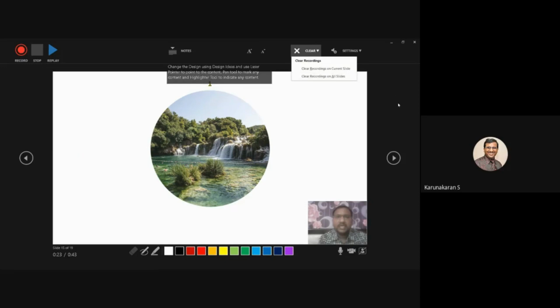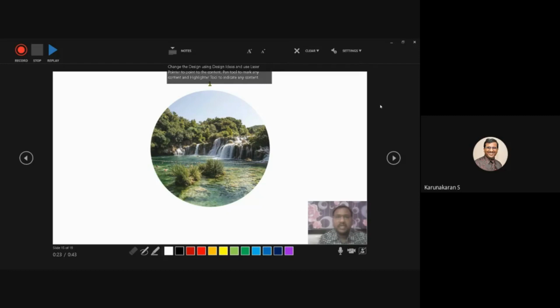If you want to re-record for this particular slide alone, then while moving from one slide to another slide, you should not talk. Complete your content for that particular slide, move on to the next slide, then you can start your recording for the next slide. If you do like this, for every slide you will have the content clearly without any transitions in between. And if you want to redo any content, you can clear that particular current slide and re-record again. After that you can store your video as a video.